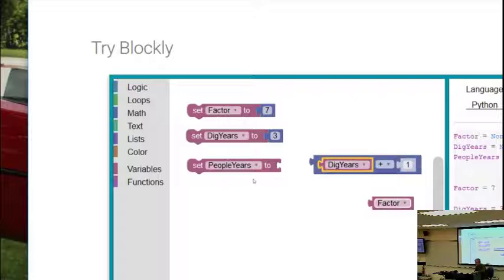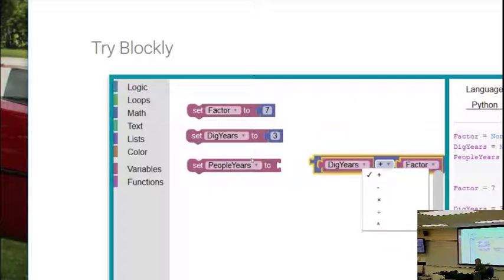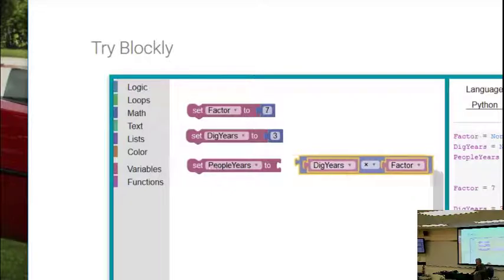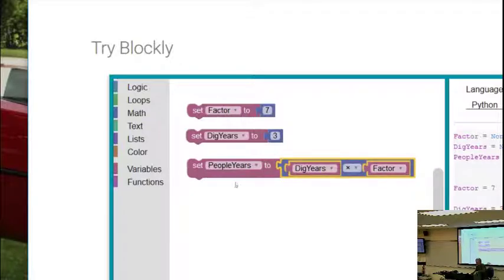Boop. Let me do this. Boop. And now what we really want to do, notice mathematically, addition. Nope. I want to do multiplication. So if I connect this now, dog years times factor, to here to people years, now I have an assignment